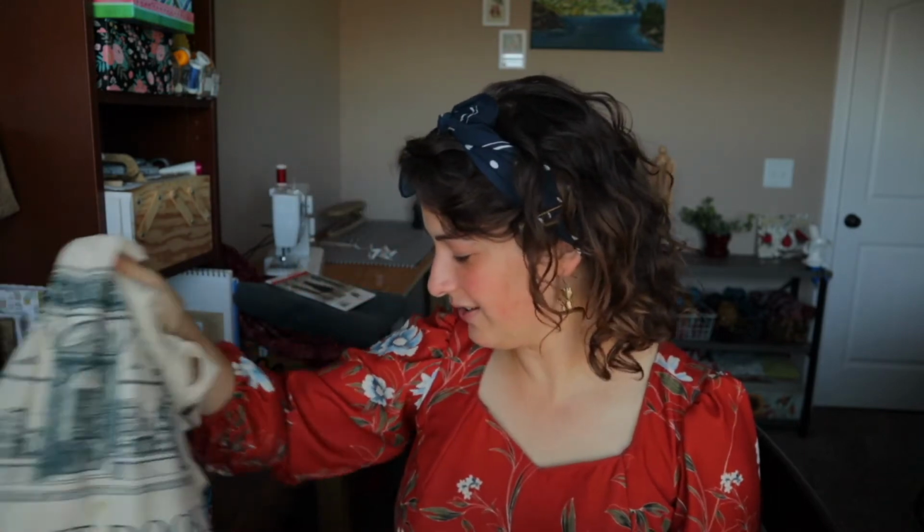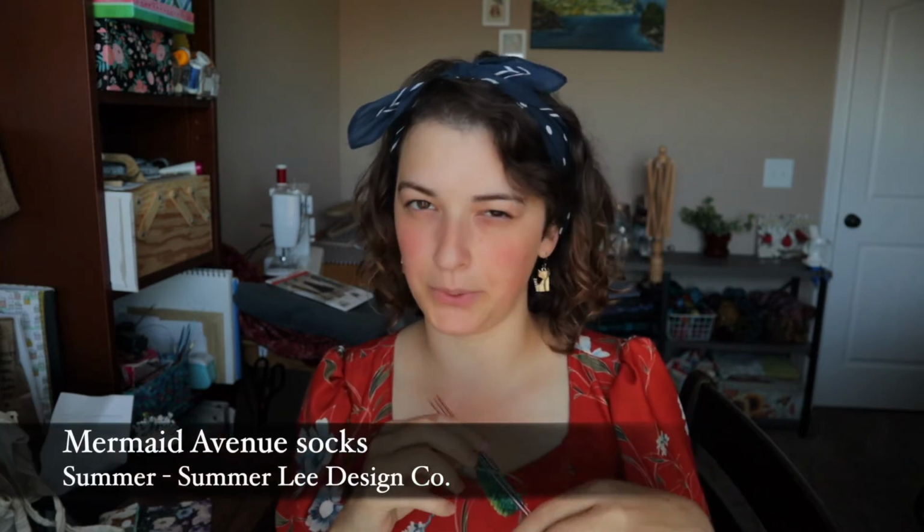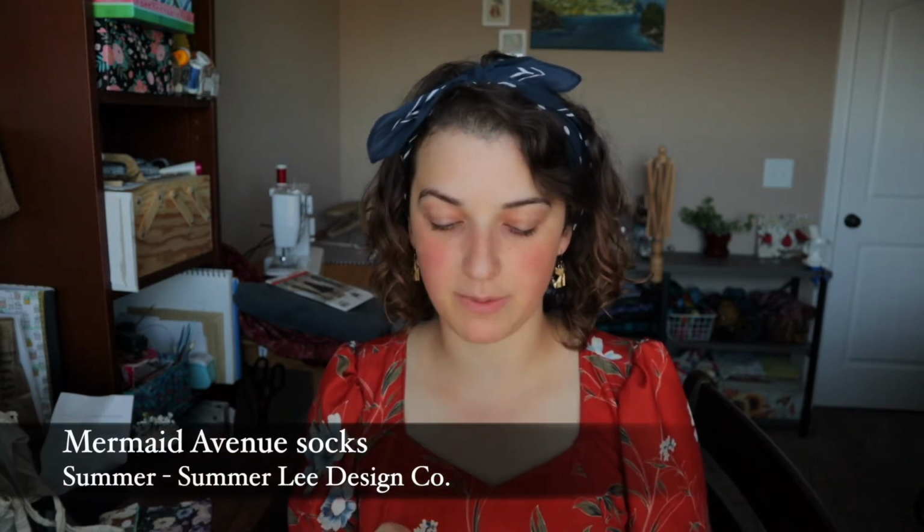And then the other knitting projects that I have to show. Well, first off, I'm going to show you this one, my beautiful curly yarn. I can't remember if I showed it on my last podcast episode, but I know I've mentioned it in previous episodes. I was working on the Mermaid Avenue socks, which is a pattern designed by Summer of Summer Lee Design